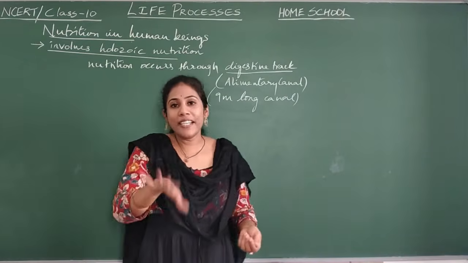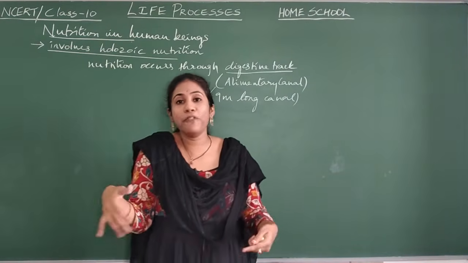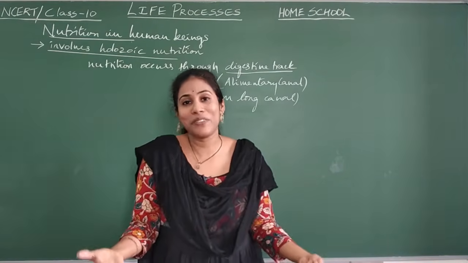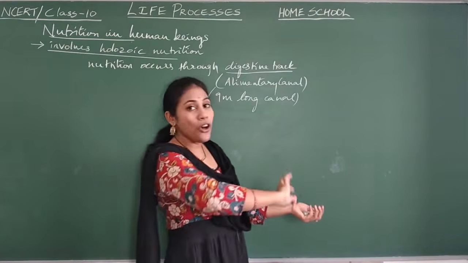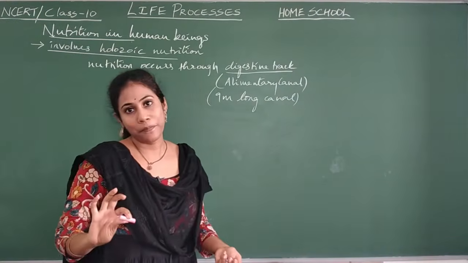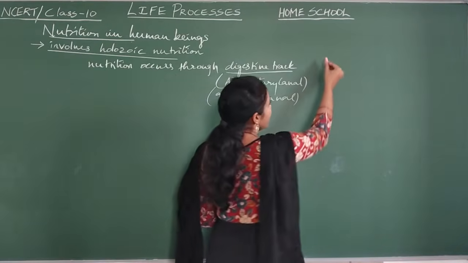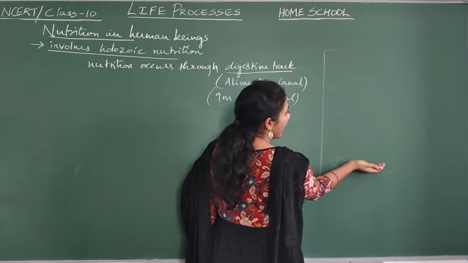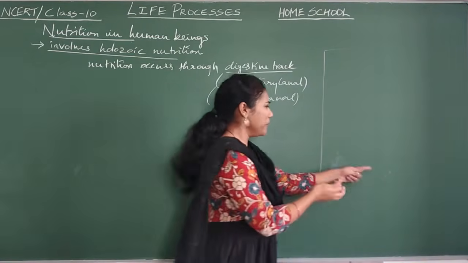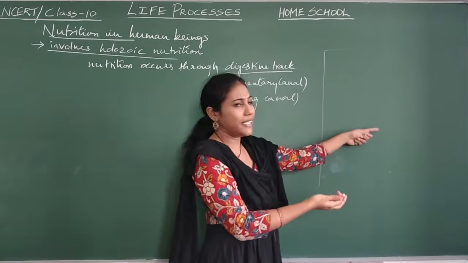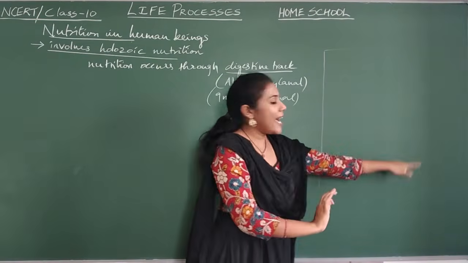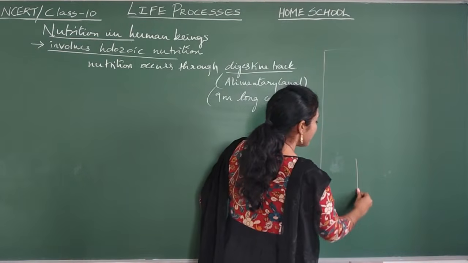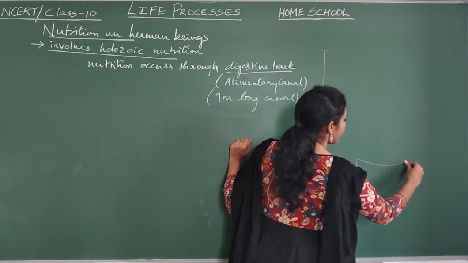Normally when I tell you to look into the textbook and draw it, you may feel it is a little difficult and you don't know where to start from and where to end the diagram, isn't it? So for that reason, I will show how to draw it in an easier way. Imagine this is your page. Start the diagram from the bottom, not from the very bottom, just a little upper, just below the middle onwards. Start drawing your digestive tract. First you put an outline like this.